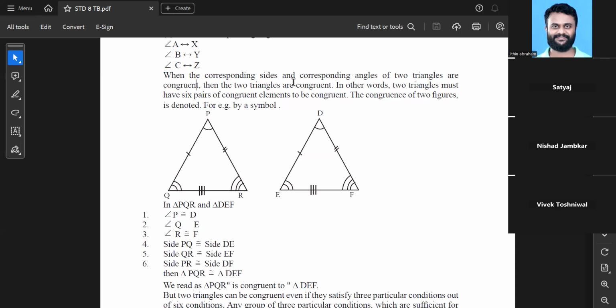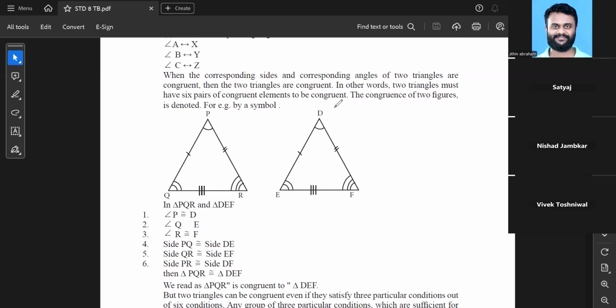Now, when these corresponding sides and angles become congruent, then we say that the triangles are also congruent. Which means if they are not congruent, we will say that the triangles are only corresponding to each other. Correspond कर रहा है मतलब they are only matching with each other, but they are not congruent because the sides are not congruent or maybe angles are not congruent. For example, in this case, in other words, we can say two triangles must have six pair of congruent elements